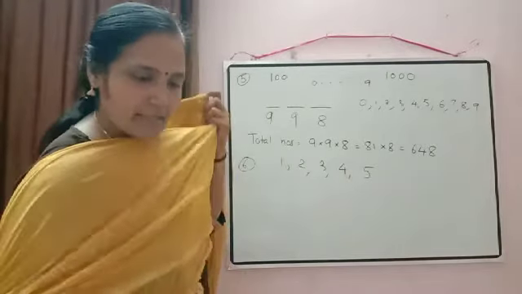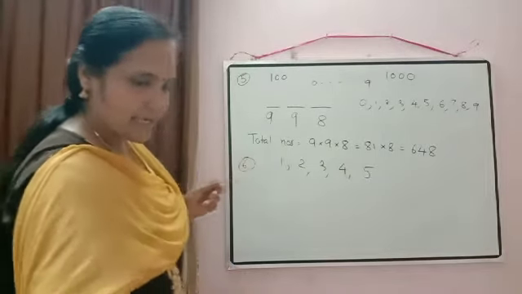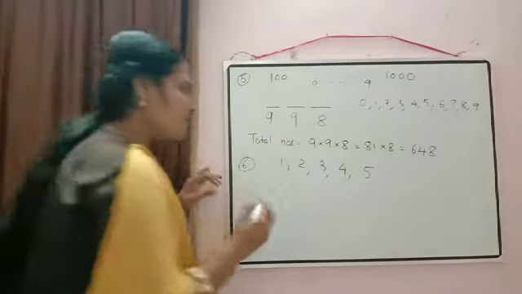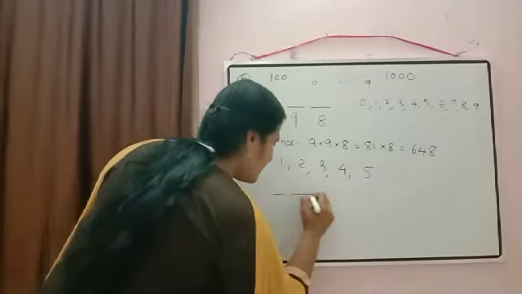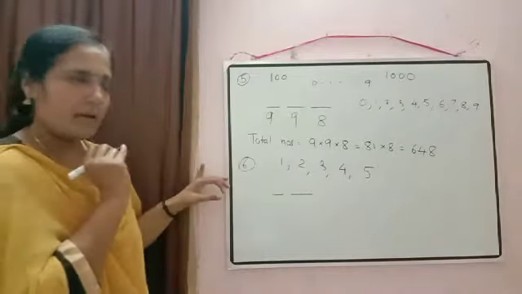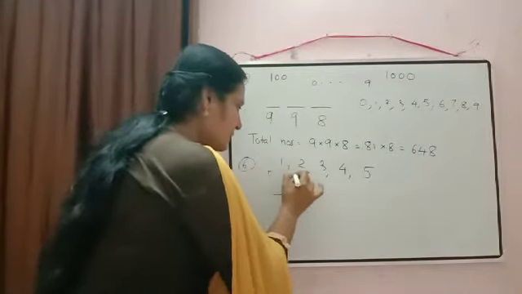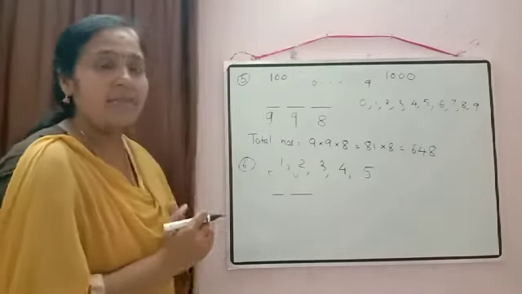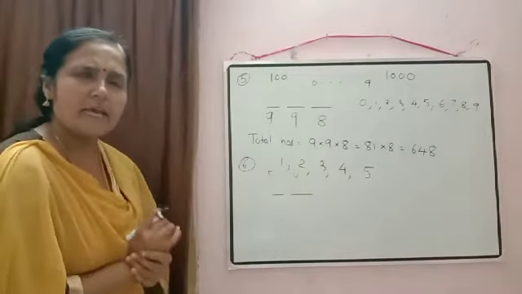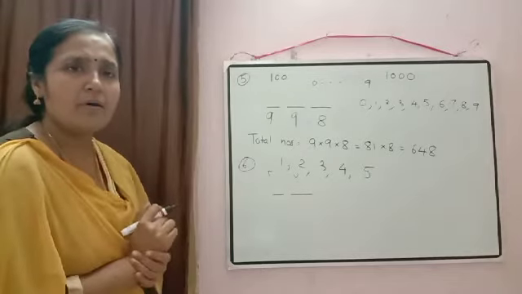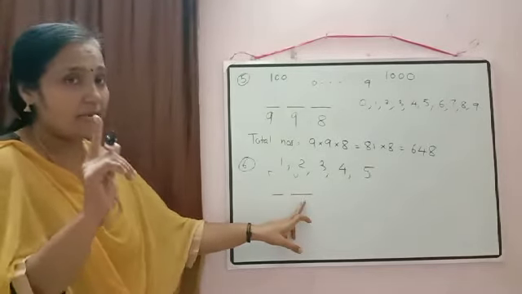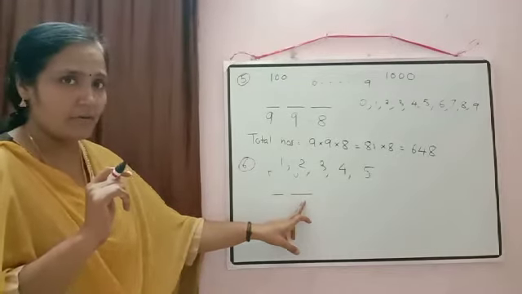So first we are checking the case where repetition is allowed. We want a 2-digit even number only. So we need a 2-digit number only, and that should be an even number. So we have the tens place and the unit place there. It should be an even number. So how will we check whether it is an even number or not? Unit place. The unit place should be an even number. Correct?